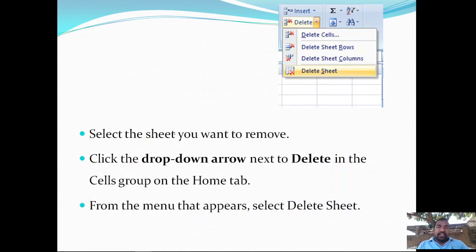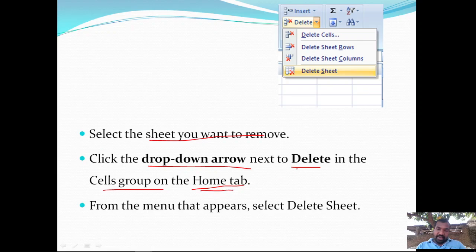We also have another method that can be used to delete a worksheet. Select the sheet you want to remove, then go to the Home tab.